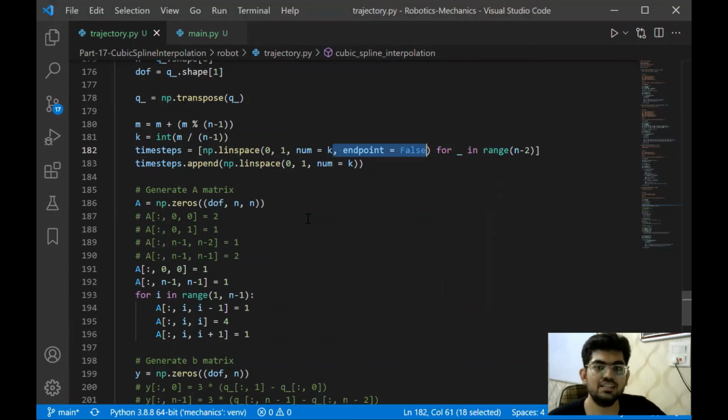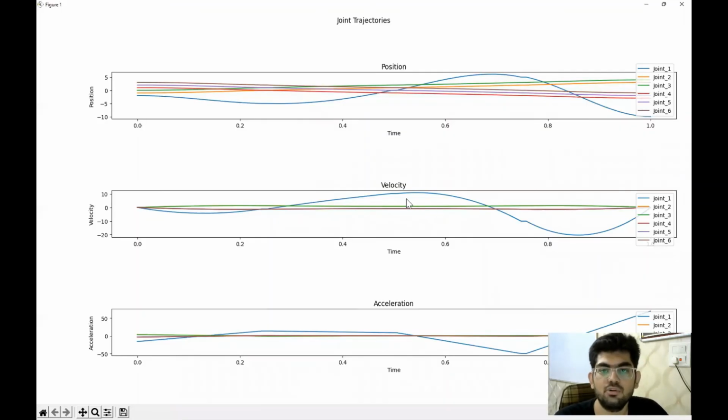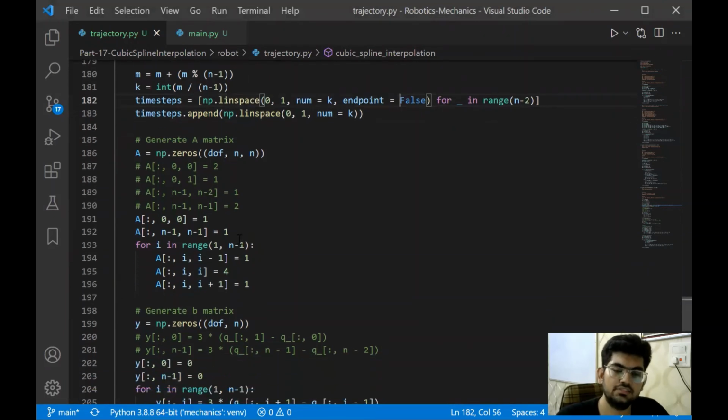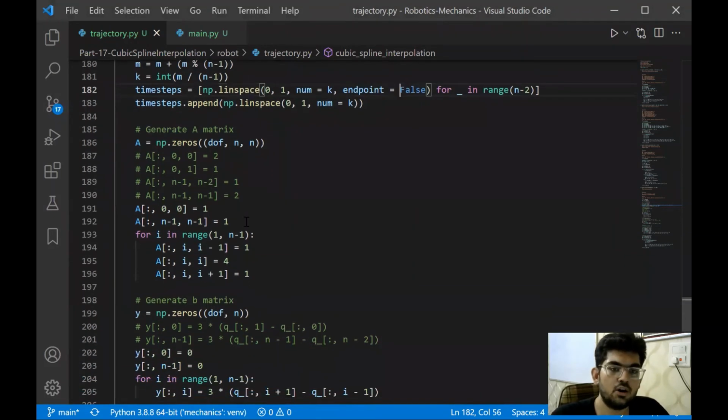That is the reason why the plot is coming out to be not that smooth. But instead, if we put endpoint equals false, then the plot will come out to be smooth. Now, there is nothing wrong with doing calculations 2 times, but it's just this plot was not smooth. That's why we are adding this. So we only calculate all the values only once. Okay, that's the first thing that was explained.